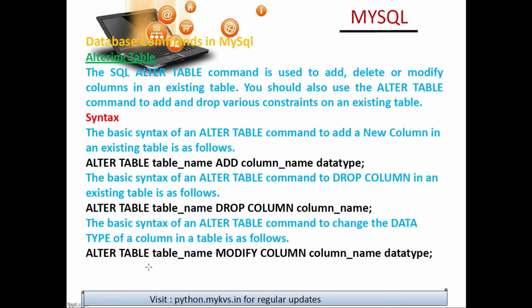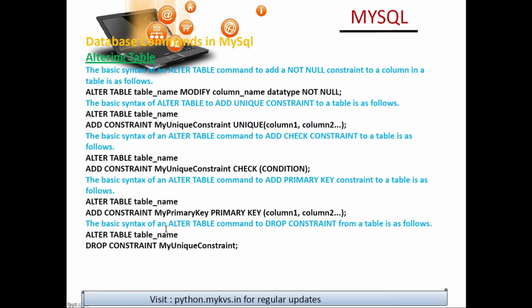So that is the purpose of the alter table command: to add a column, remove a column or modify a column. These three are the basic purposes of alter table commands. You can see here: add, delete or modify. Understood?